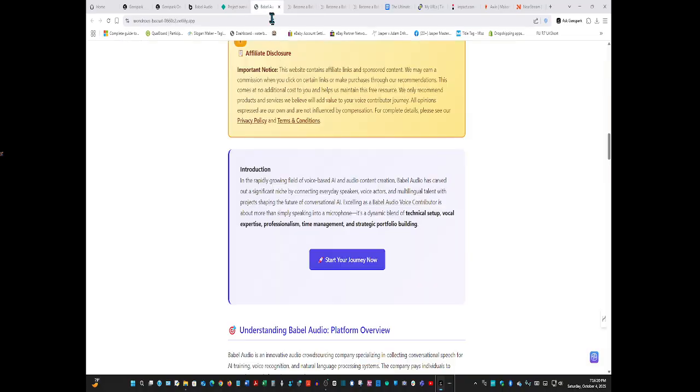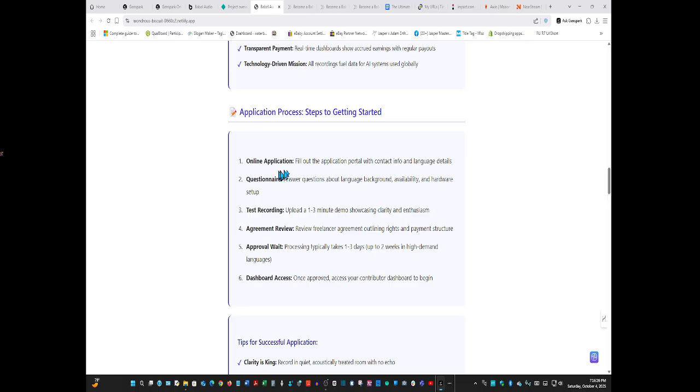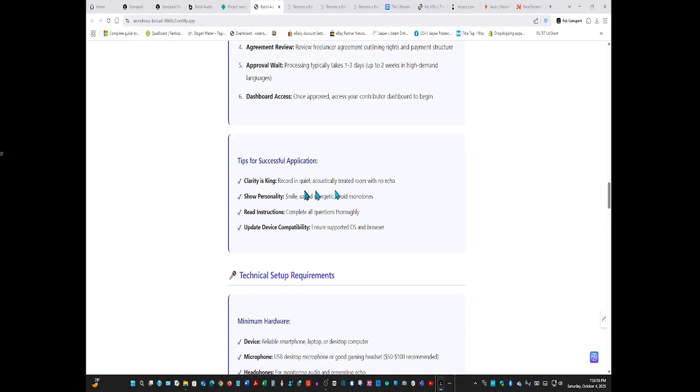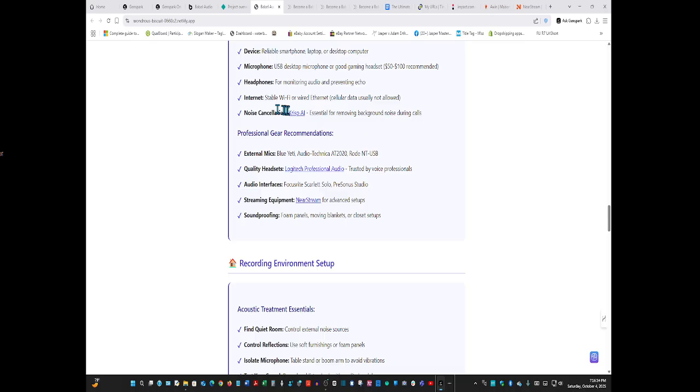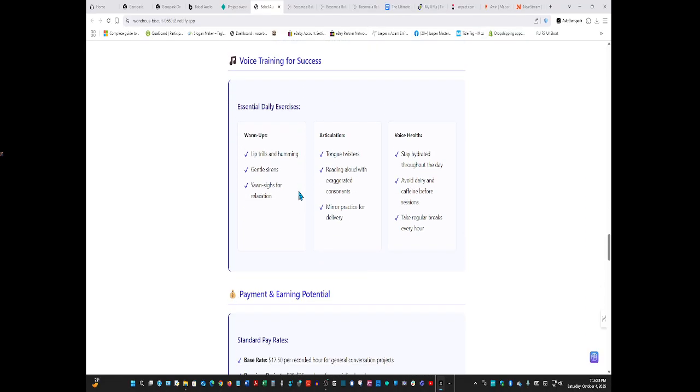All right. Now, here we go. See, this is all of the information that should be here. Tips, clear. Oh, yes. Beautiful, beautiful, beautiful. Noise cancellation. It put it where it should be. Quality headsets goes to Logitech. Streaming equipment goes to Nearstream, I think because of what that is. But they have microphones as well. Okay, and Logitech has headsets and microphones. They make Blue microphones, so that'll get me in there with something.